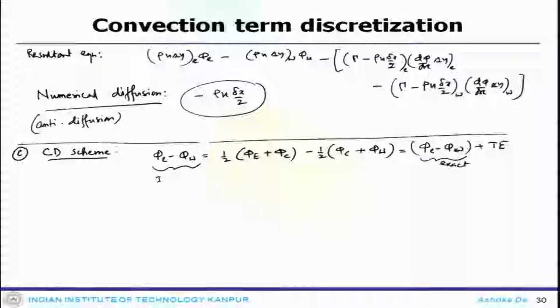this is what is interpolated. Okay. So, assuming the velocity is known everywhere and again the grid is uniform with size delta x, we can write these things in this fashion. So, the T e here is nothing but the truncation error.